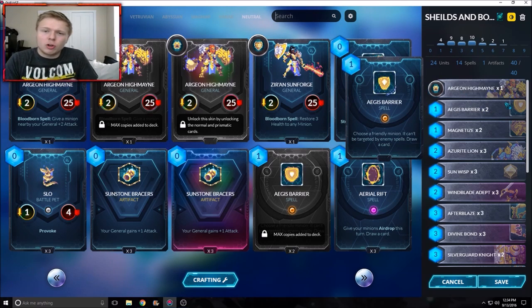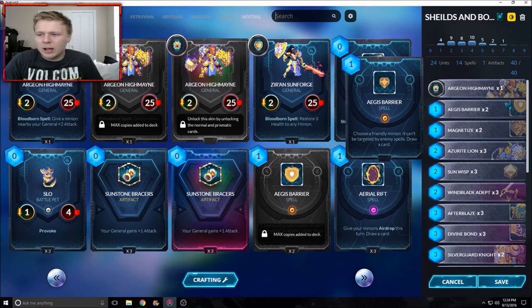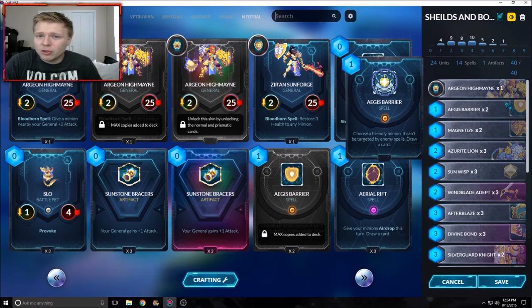This card's great because it draws you a card and it makes a certain minion so they can't be targeted by enemy spells, which is great. So you can use this on Ironcliff Guardian. You can use this on anything just to slow your opponent down. If you're playing Songhai, they have a tough time dealing with this card because Songhai is nothing but spells